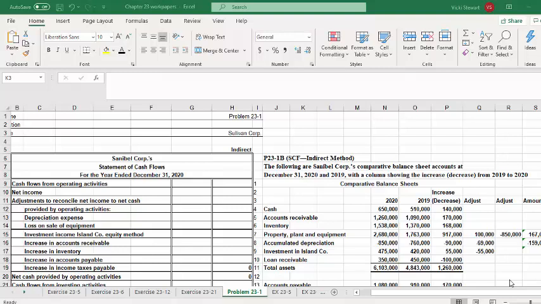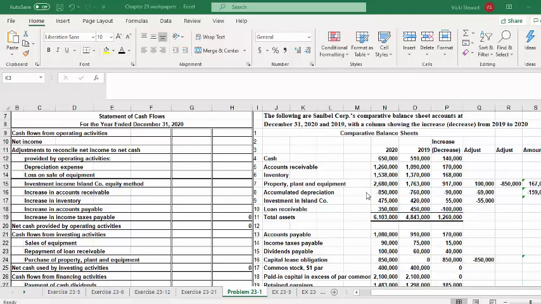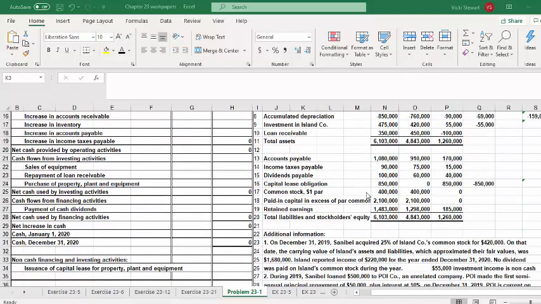This is a demonstration of problem 23-1B, Statement of Cash Flows using the indirect method. The following are Sanibel Corporation's comparative balance sheet accounts at December 31st, 2020 and 2019, with a column showing the increase or decrease from 2019 to 2020. The problem also provides us with additional information that we'll need to be able to complete the statement of